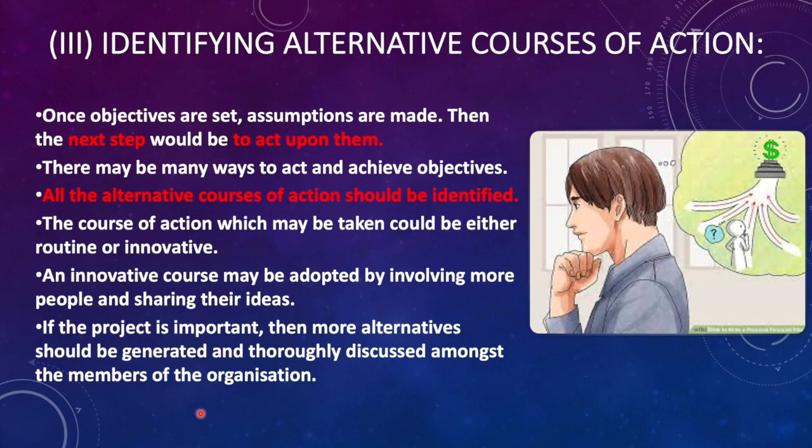So we have decided that okay, we can have advertisement by a particular celebrity. Then we thought that okay, we can reduce prices, we can give some offers. So what are all the options? List it out. That is the third step. We have identified the different courses of action. Now the fourth step